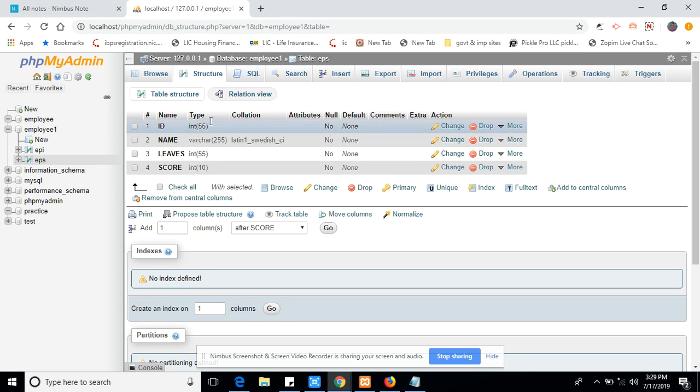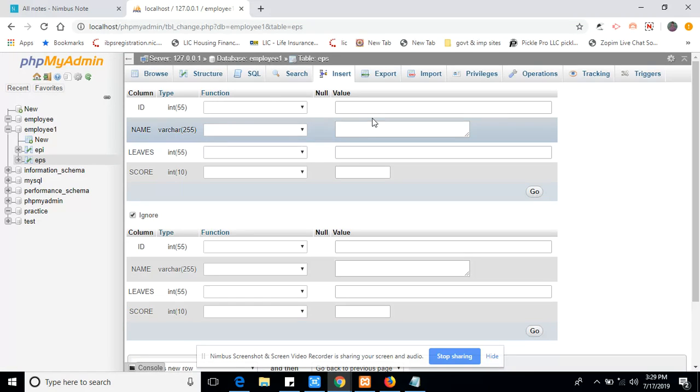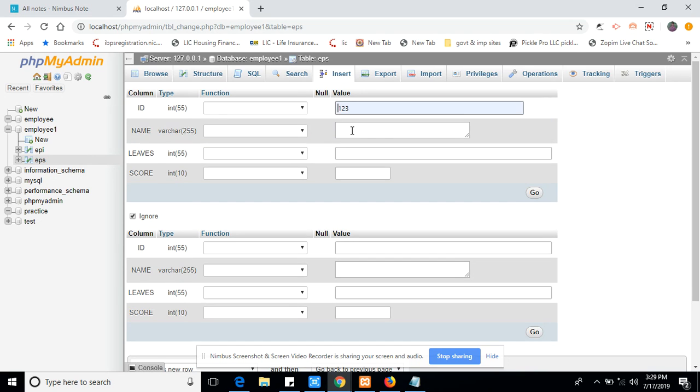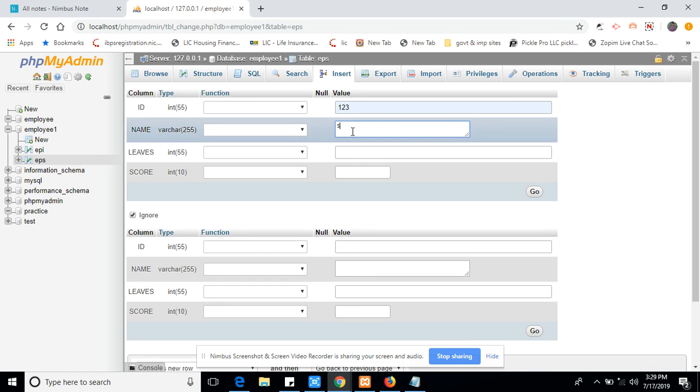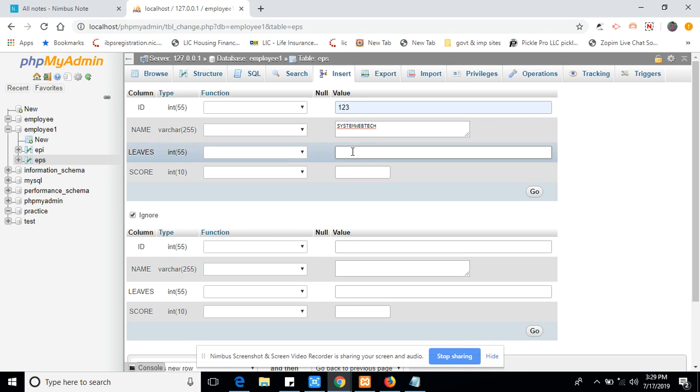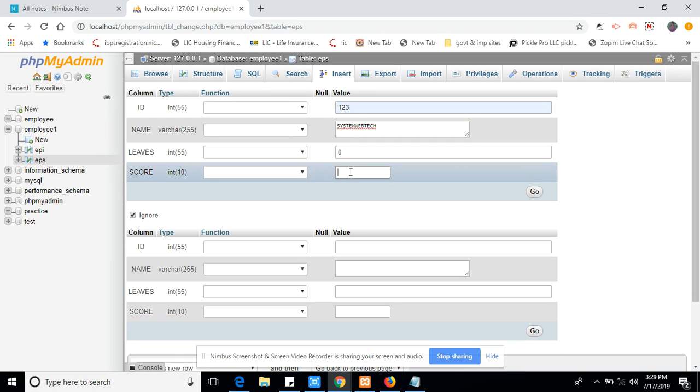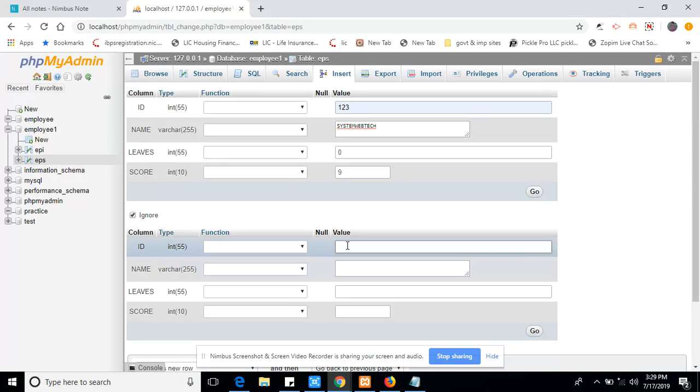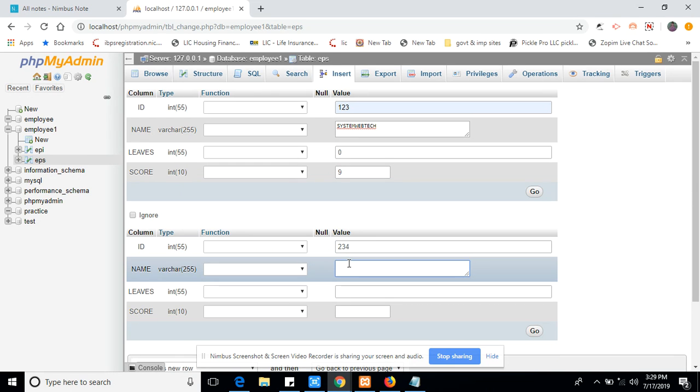and let's insert some values in it. So we'll go to insert, click on the insert, ID 123, and we will take a name, leaves 0 and score 9. Similarly here, 234, name